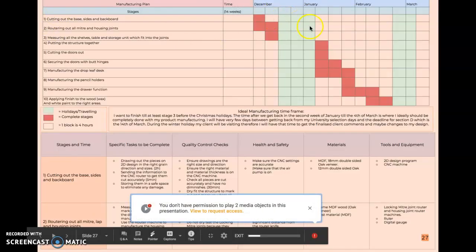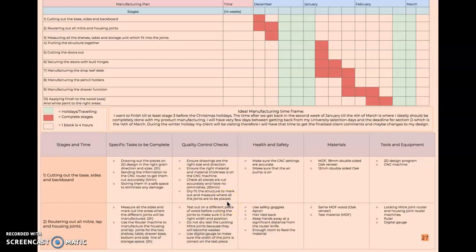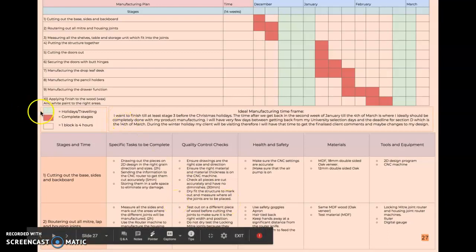the top a Gantt chart which has all of the specific areas of manufacture labeled out, how long each step is going to take, and it has it done on a month to month basis. Now this is quite a basic Gantt chart, but it gives you quite a visual prompt, and it's able to give you a good outline really on how this is going